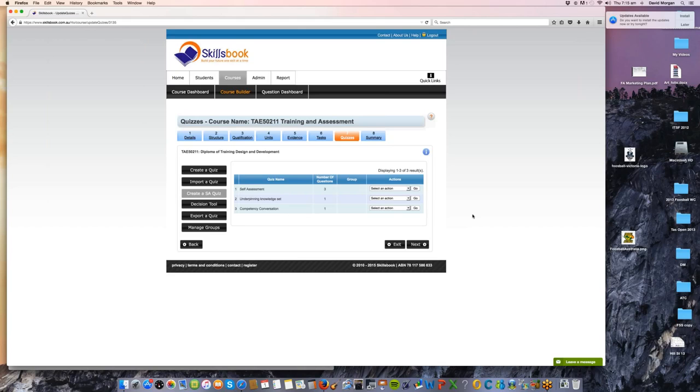We can author the questions directly within Skillsbook, and by creating a quiz and its underpinning questions, we can have true, false, multiple choice, word sequence type quizzes, scenario quizzes, essay quizzes, and there's one more which is like a heat map, where you spot the hazard on a particular picture,